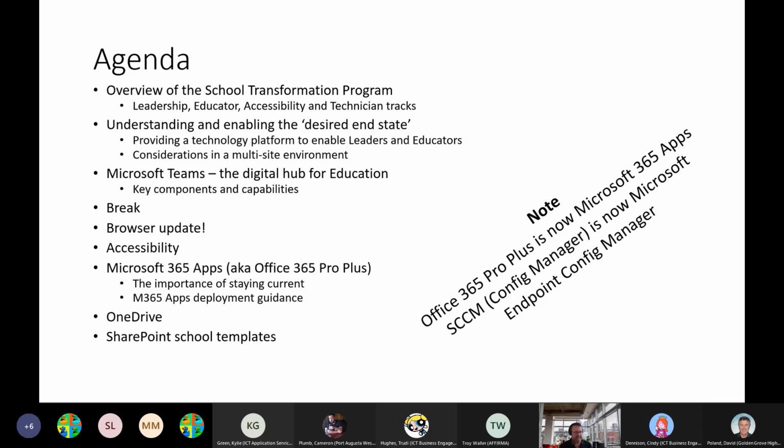So the origins of today's session is as part of a bigger program that Troy Waller, my colleague, has designed and built. It's become a bit of a global best practice, I suppose. So we're very privileged to have him here in Australia, thinking about how we develop capability in schools to use the Microsoft platform. But as I mentioned before, it was co-created with the team from the department, who had some